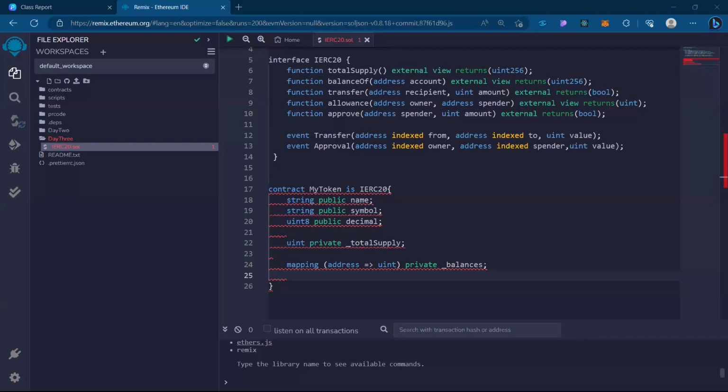For example, this is another person, 0xkr, and here is another person, 0xgr. Now, as I am the owner, what I will do is